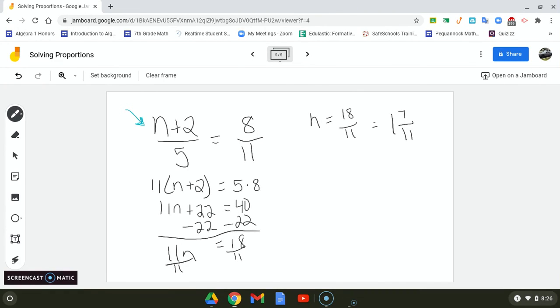Okay. But if you're working in algebra, many times you're going to be much better served if you leave your answer as an improper fraction than if you try to turn it into a mixed number. Because if you're going to turn it into a mixed number, there's a lot of times where you're then going to have to turn it back into an improper fraction to do an